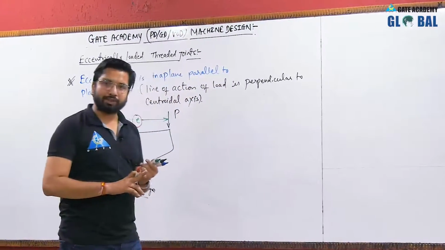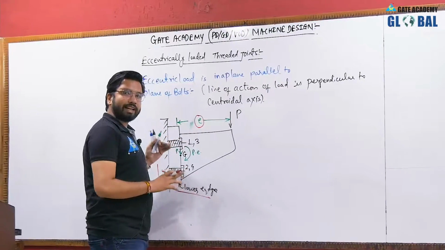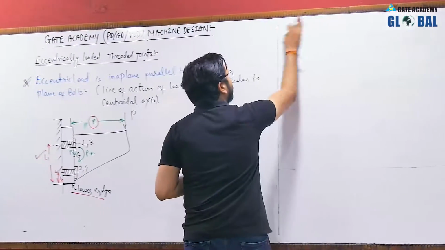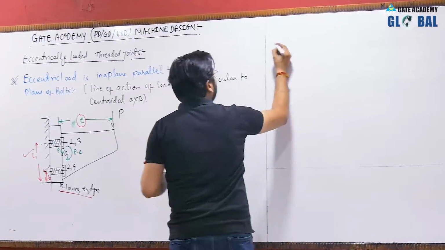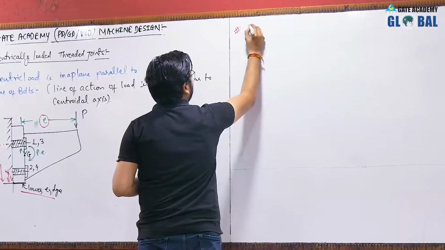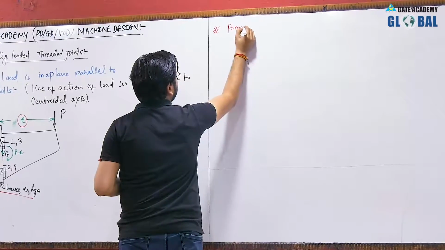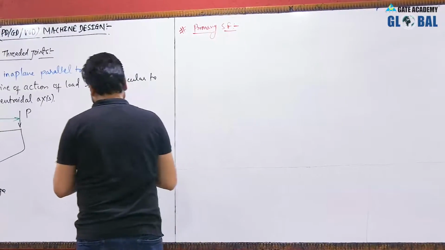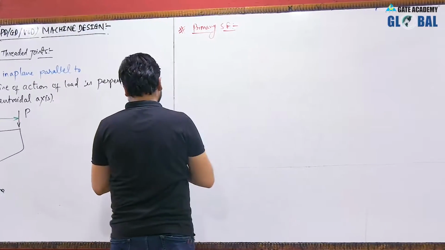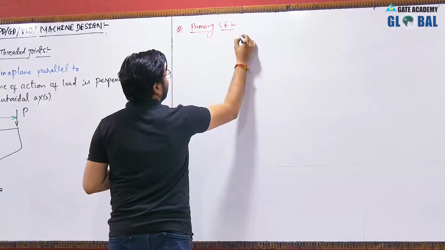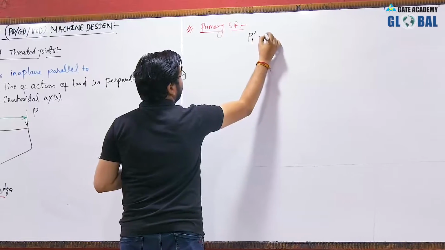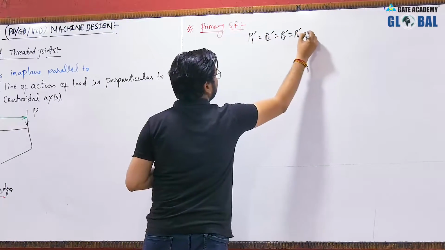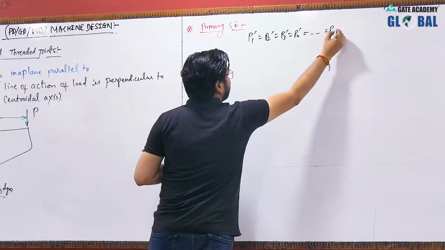here we will be having two types of stresses. One is the direct shear stress and the second is the tensile stress. We have discussed everything in detail in the previous lecture. So now the direct shear stress, that is the primary shear force, will be P1 dash equal to P2 dash equal to P3 dash equal to P4 dash, because here we will always assume